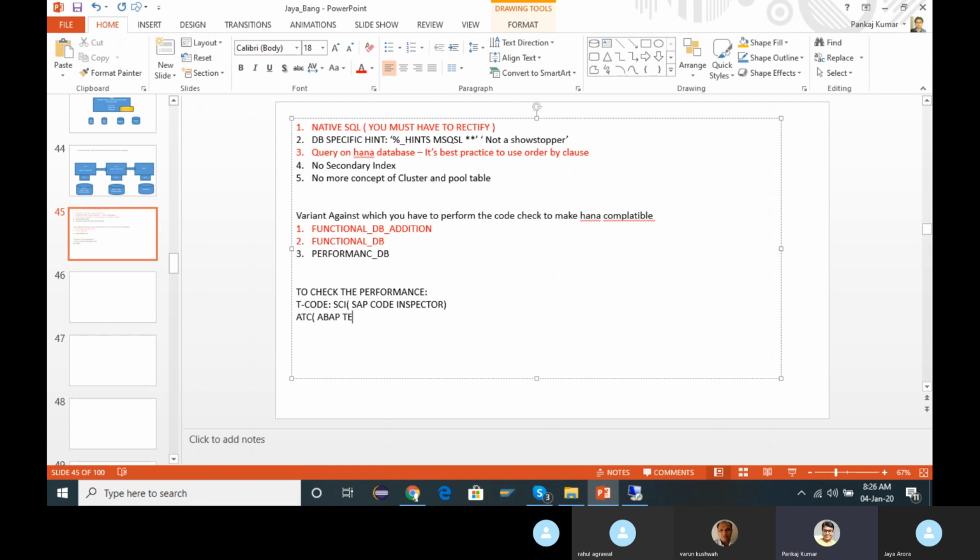There are many features in the ABAP Test Cockpit. You can go through it and explore yourself. You are going to get many things. If anything is required, we can discuss it together. Just save it.